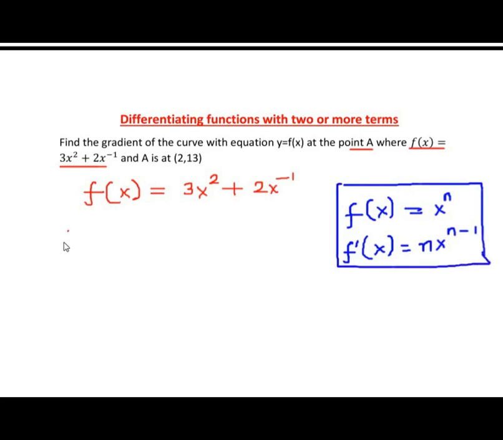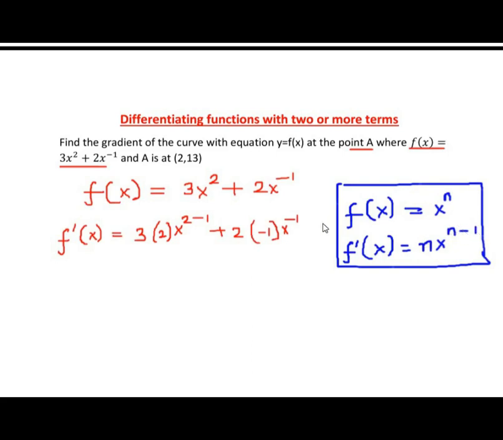So here we have f dash of x equals 3 stays the same. As we saw, the power comes down for x. So here the power of x is 2, so it comes down and x is reduced by a power of 1. So it becomes 2 minus 1, plus 2. The power comes down, it becomes negative 1, x to the power of negative 1,